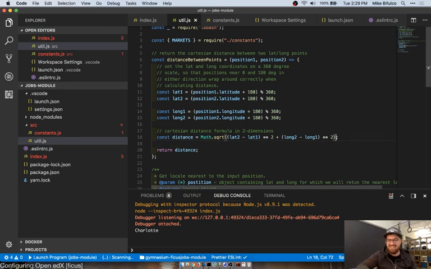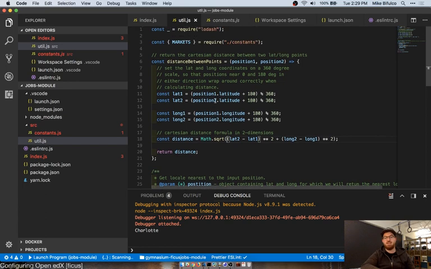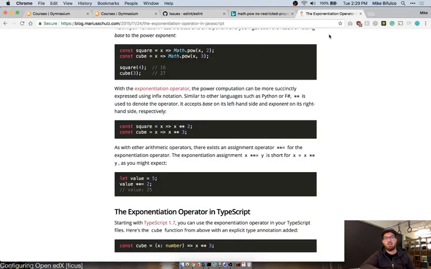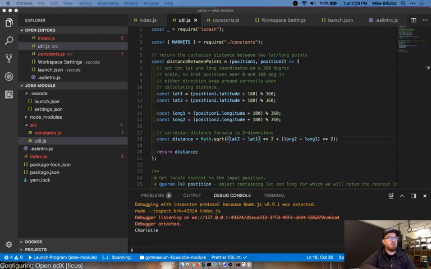That's fine. Okay, so what this is doing is it's calculating the distance between these 2 points using Pythagorean theorem, essentially. So the distance to one side, the distance to the other side, the square root of the 2 squares gets you the distance. That should work. We can test this if you want. Latitude and longitude are effectively a Cartesian plane, or at least simplified into a Cartesian plane for the purposes of doing geolocation stuff.